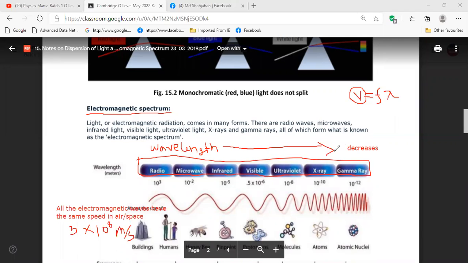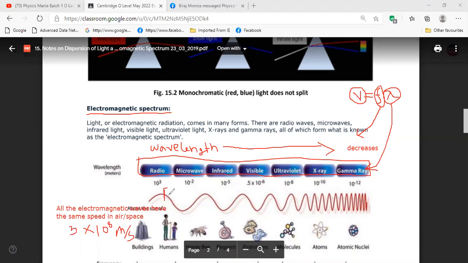So if gamma rays have the shortest wavelength, according to this data, then frequency they will have most, right? Yes, sir. For them frequency will be most. So from this information we can also write here